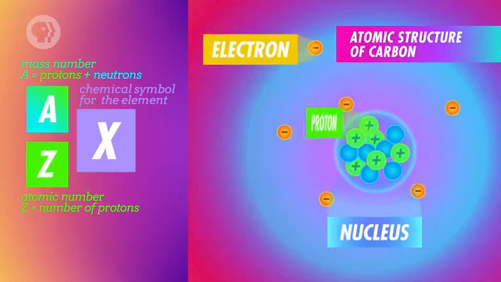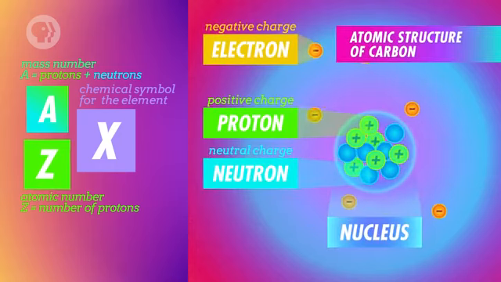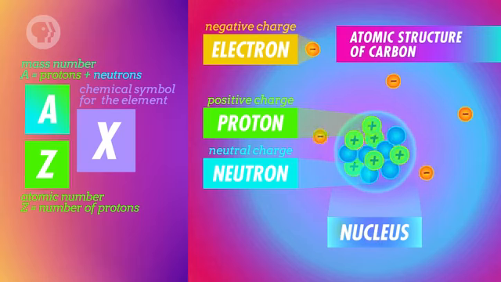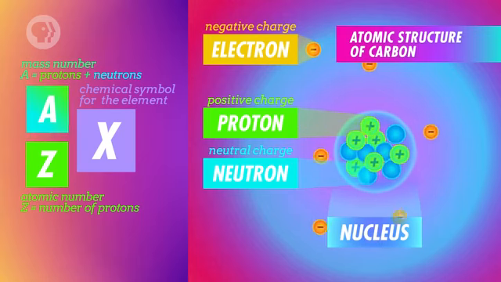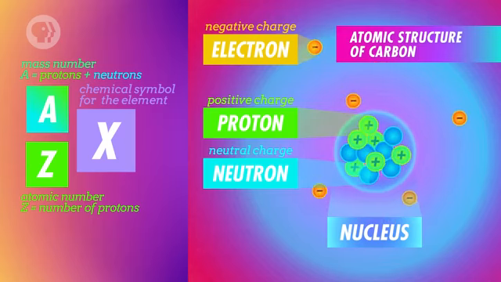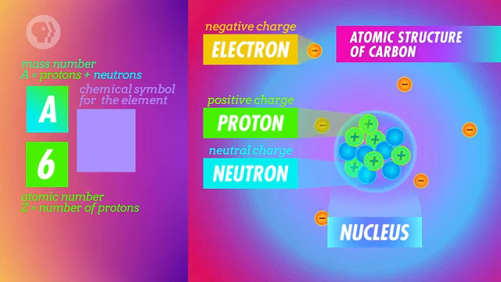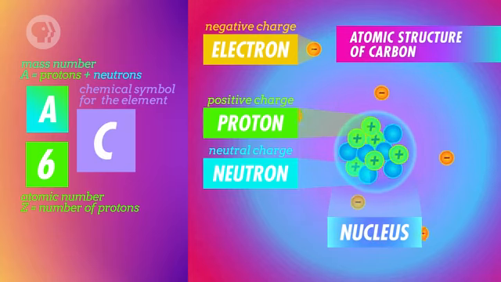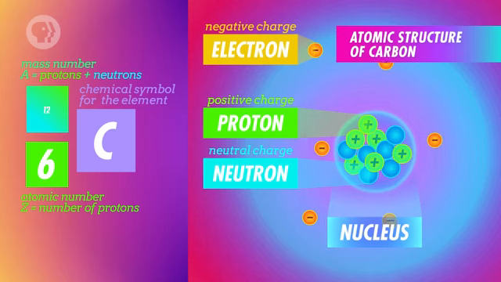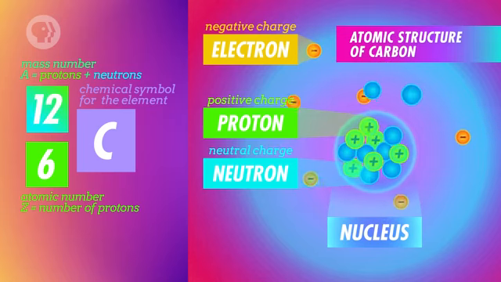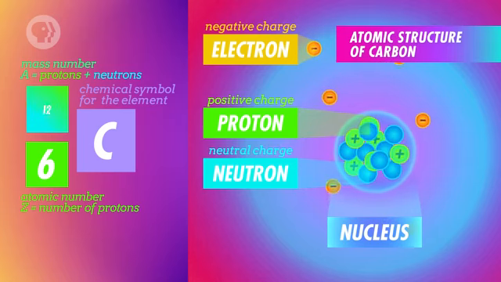We can describe how many protons and neutrons are in an atom's nucleus using its atomic and mass numbers. An atomic number is how many protons are in a nucleus, which also determines what element the atom consists of. The mass number, meanwhile, is how many protons and neutrons combined make up a nucleus. So if there are 6 protons and 6 neutrons in a nucleus, then its atomic number would be 6, making it a carbon nucleus. And the mass number would be 6 plus 6, which is 12. And if there were 6 protons and 8 neutrons, then it would still be a carbon nucleus, but with a